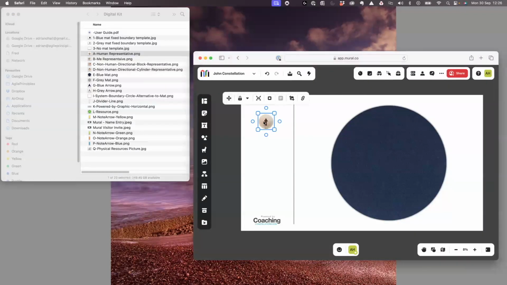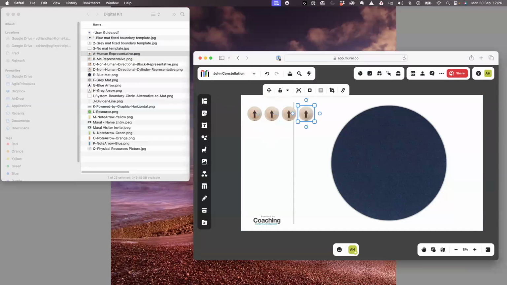Now I'll probably want maybe say 4 of these, and you each might find your own preferred layout for these sort of holding place for the reps. But if I duplicate that on a Mac, I'm just going to do Control and D, and that duplicates it. So I'll do that again and again. So I only have to import it once, and then I can just line these up however I want over here